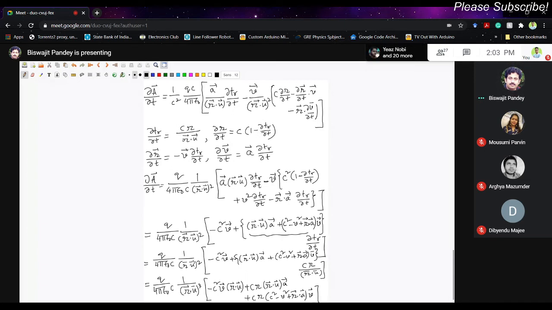Yeah. We have to again simplify this, so let me write down the entire expression in the next page and then proceed further. We can check this. So I have just taken 1 by r dot u outside of this third bracket and written the terms accordingly. So let us go to the next page.